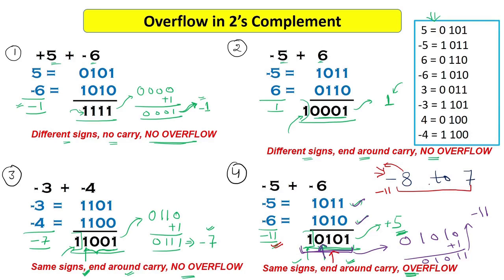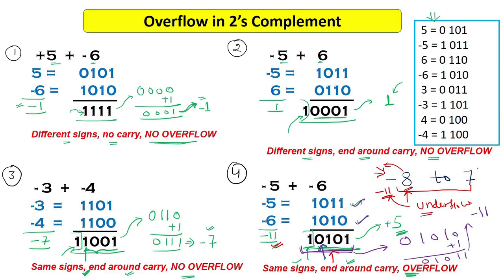Now here I want to tell you one specific thing: in some places this -11 that we have got is treated as underflow. So what does underflow mean? It is when we get an answer which is lesser than the smallest number. In case of -8 to +7, the smallest number is -8, and we got a number lesser than -8. So we say this is out of the range, smaller than the smallest number of this range. This is the underflow concept.